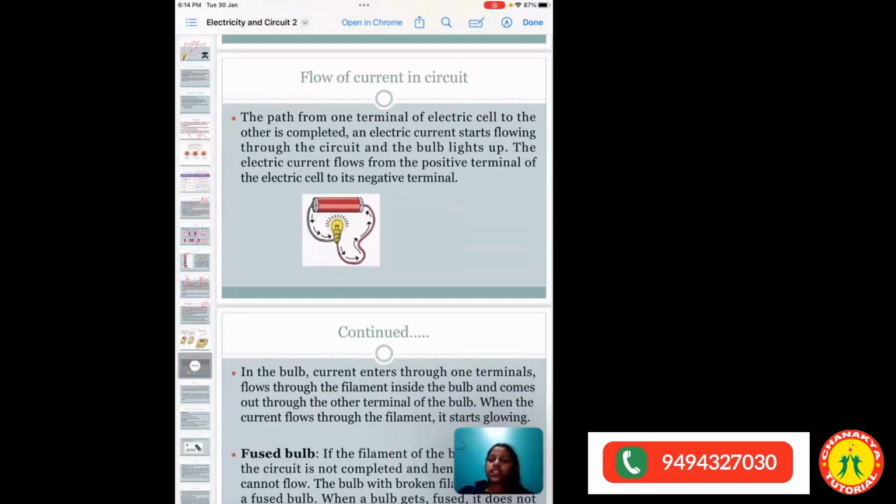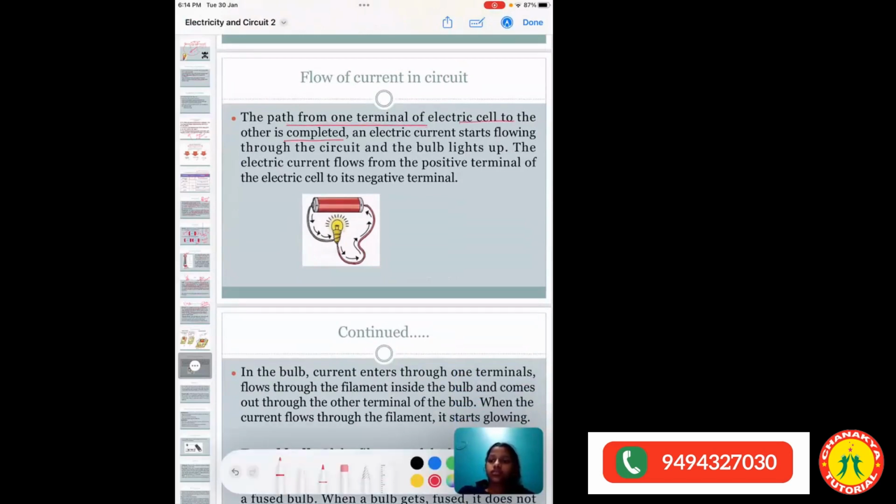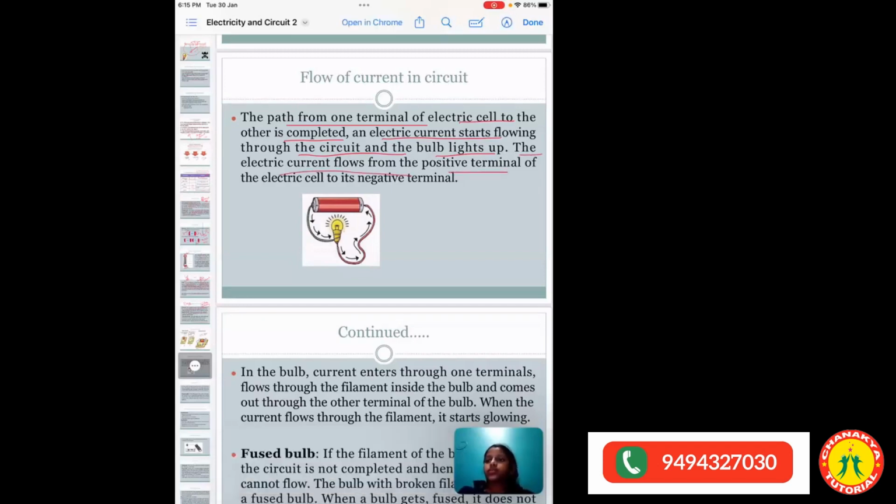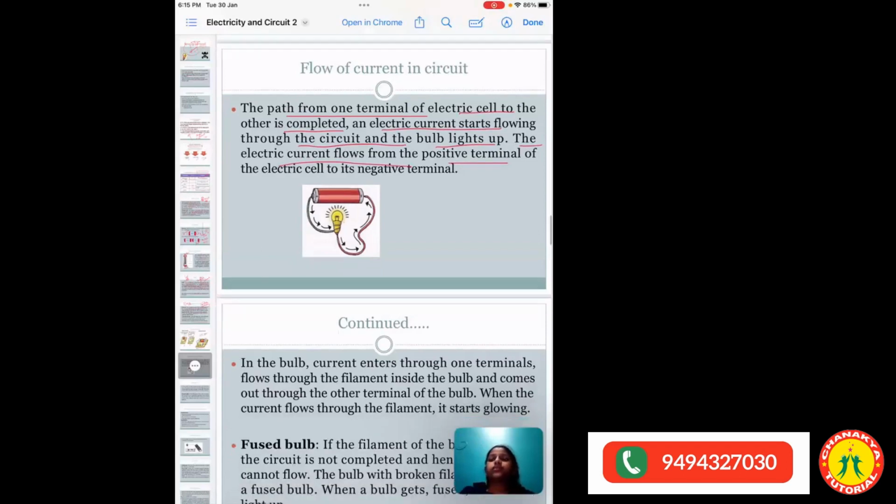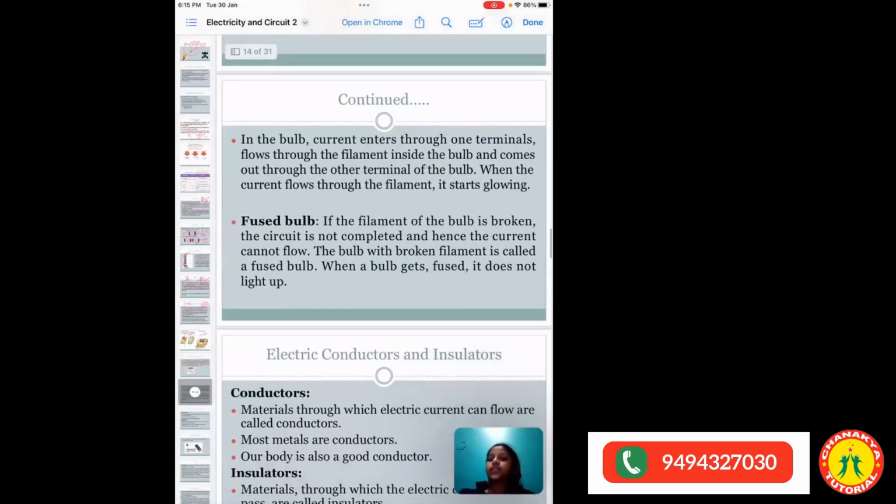Now, flow of current in the circuit. The path from one terminal of the electric cell to the other is completed, and electric current starts flowing through the circuit and the bulb lights up. As soon as we make this electric circuit and all the components are connected to each other, the bulb will start lighting up. The electric current flows from the positive to the negative terminal. So from the positive, it starts moving to the negative terminal. In the bulb,